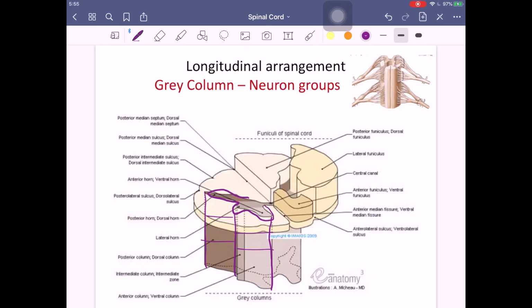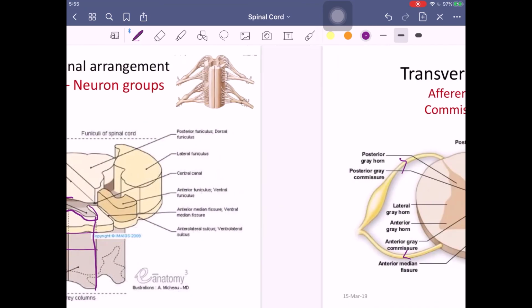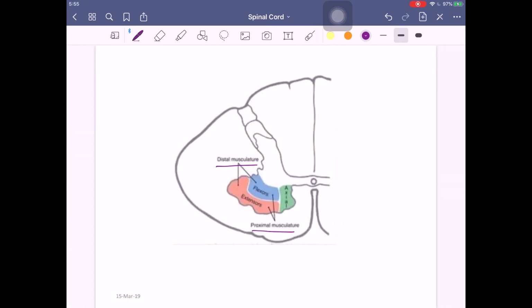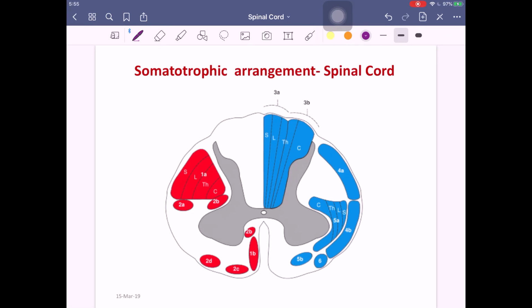Again, this is the same thing which I have already shown here. The same thing is shown here now. An unlabeled picture is there, you can see. And these red ones, I said, are all your descending tracks. So descending tracks, when they are coming down and synapsing over the spinal cord, are not just coming down and randomly doing it.